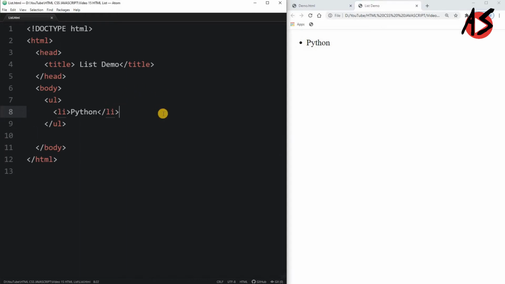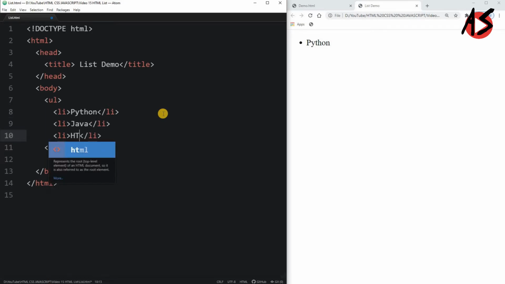We will add a few more items within the LI tag, that is Java language. Then we will take HTML, then one more computer language, that is CSS.